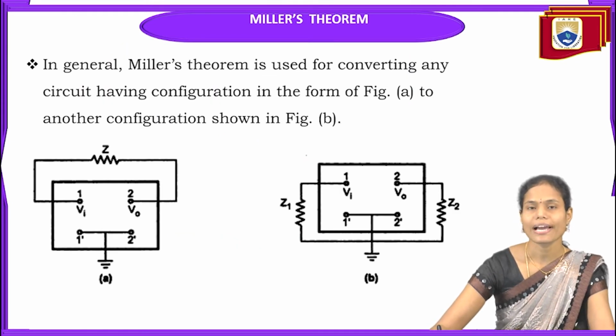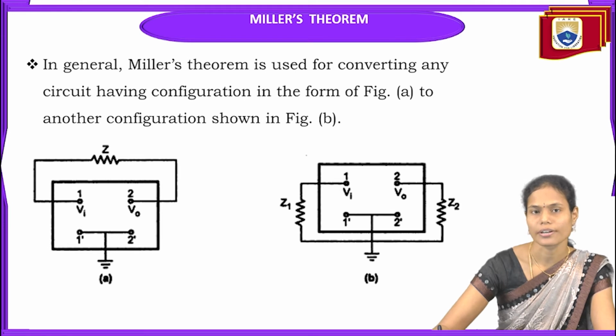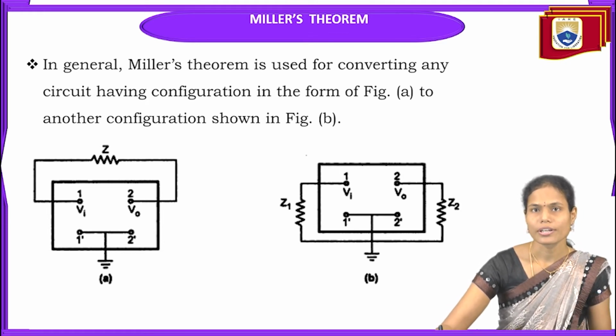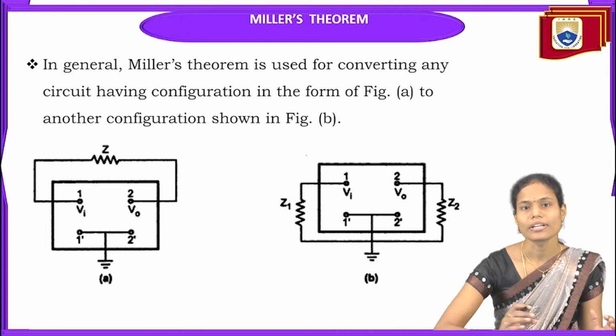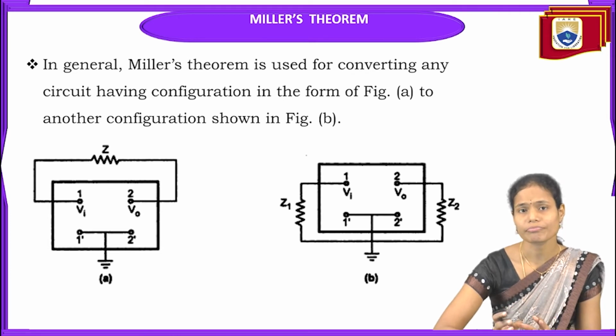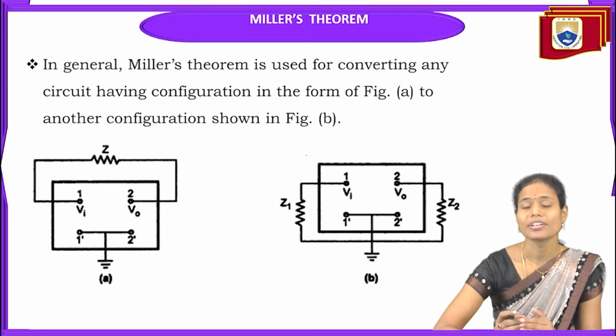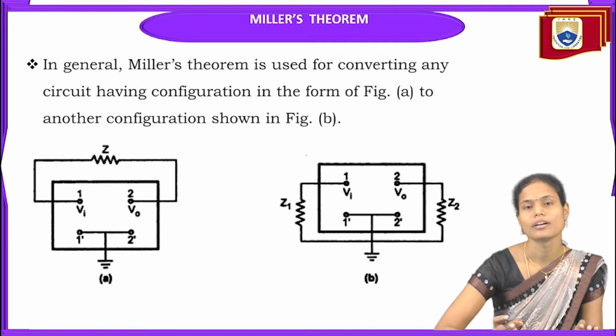So next we need to calculate the parameter short circuit current gain. In order to find that short circuit current gain, here we require the concept called Miller's theorem. Generally, Miller's theorem is used to convert one type of resistance which is present in one type of circuit into a different form in the same circuit. One resistance existing one way in the same circuit, we are representing in a different way in the same